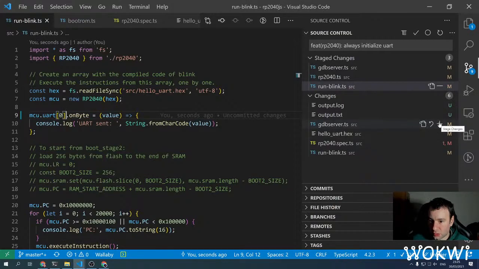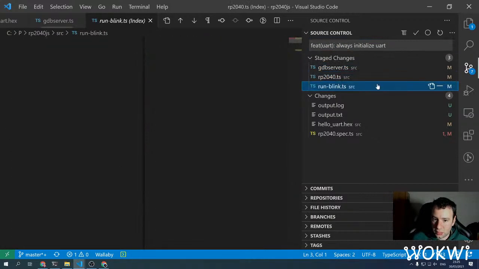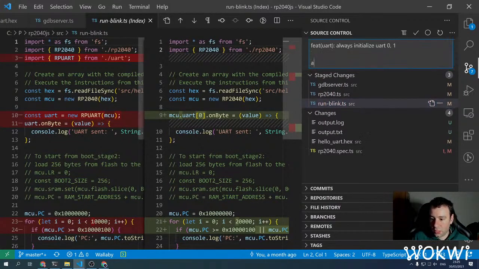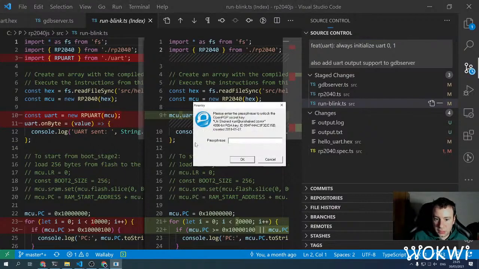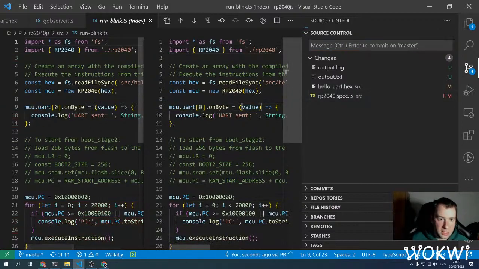And that was here and here. Maybe I would say fit UART because it's related to UART, and always initialize UART 0 and 1. Also add UART output support to gdbserver. Cool. All right, we can commit that,